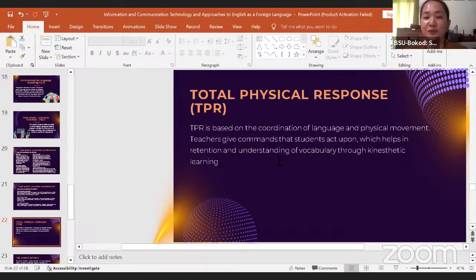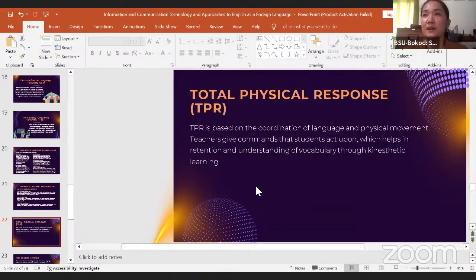They put an action to it, or we play action songs, or even the voice of the teacher can be used. But in most cases, the teacher records the voice or the commands, and then the learners will be able to do the action based on the command. It's a total physical response.